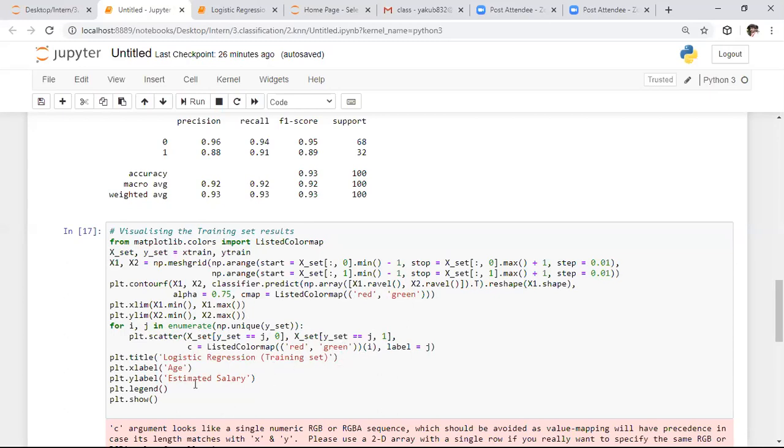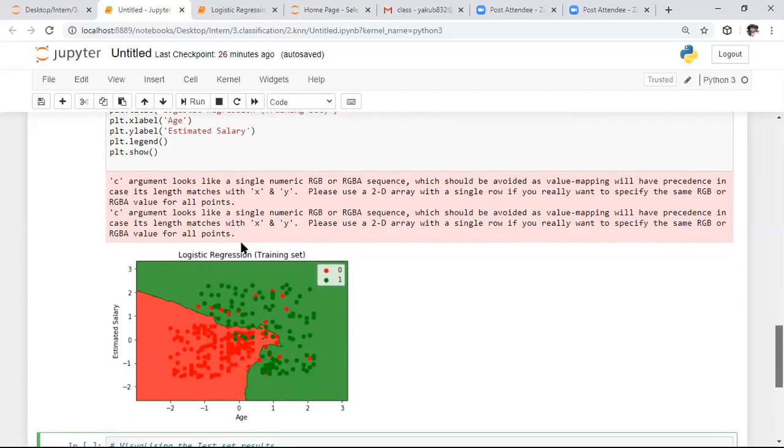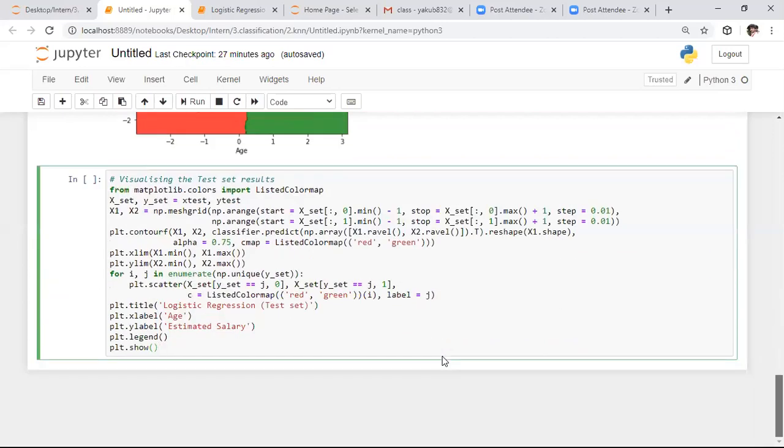After that, I am giving the information regarding the specific graph. If you observe the graph, here it is the training data set graph. In the green region, we have red points. Those are our wrong predictions. Sorry, it is a test set. Our model is predicting these points as wrong test points. And here we have a few green points in the red region. Those are also wrong points or unexpected points. For the test set also, I want to observe the same graph.